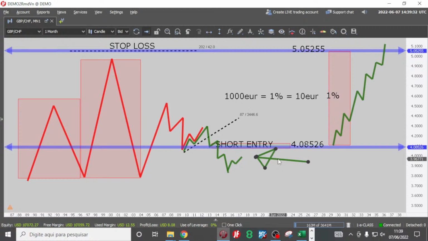Agreed, everybody? We identified a head and shoulder pattern. The stop loss is in the correct place. We entered with a great entry setup. We are risking 1%, but at this support,